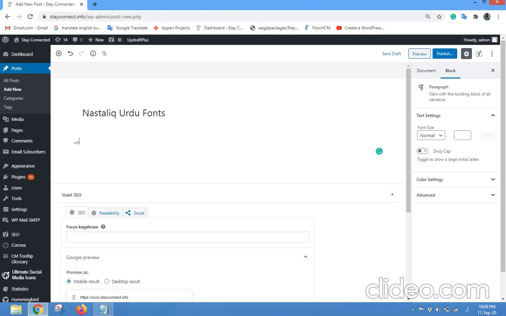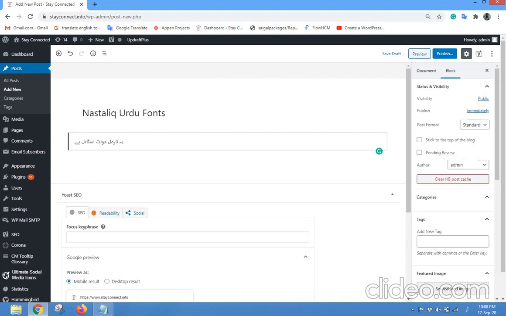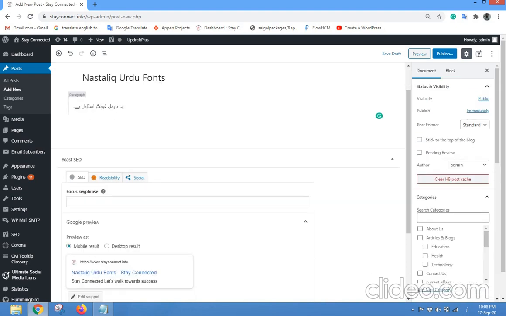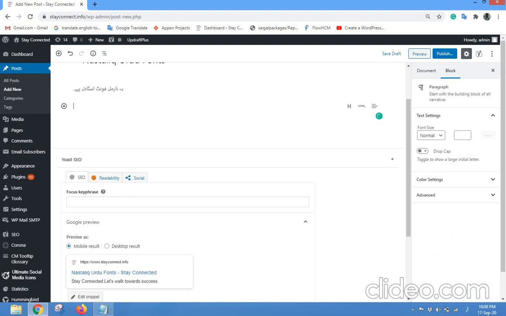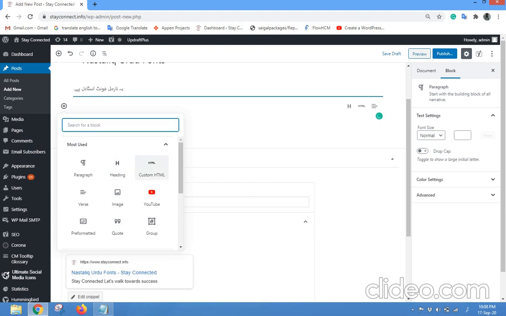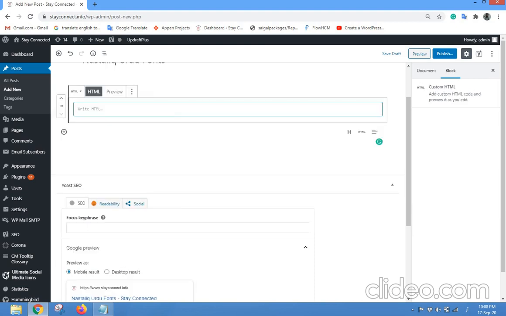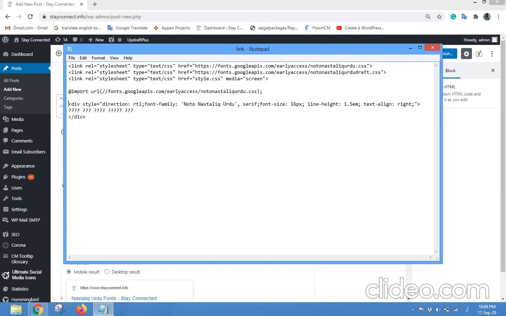First of all, write down some Urdu. Now insert HTML editor, custom HTML,